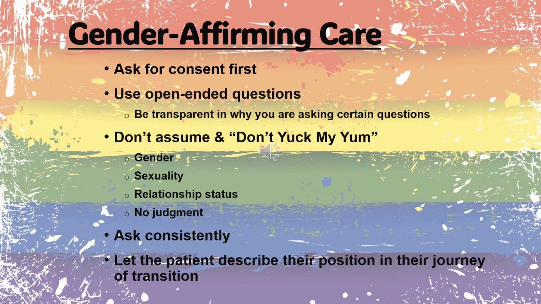Don't assume that just because a man is dressed as a female or wearing more feminine clothing, that tells you what their homosexual status would be. Don't assume what the relationship status is, because you never know who that person is there with them. Is it somebody that they love? Is it somebody there just for emotional support? A lot of our older transgender population have actually been married before and have children and may still be married, and you don't necessarily understand or know what their situation is.